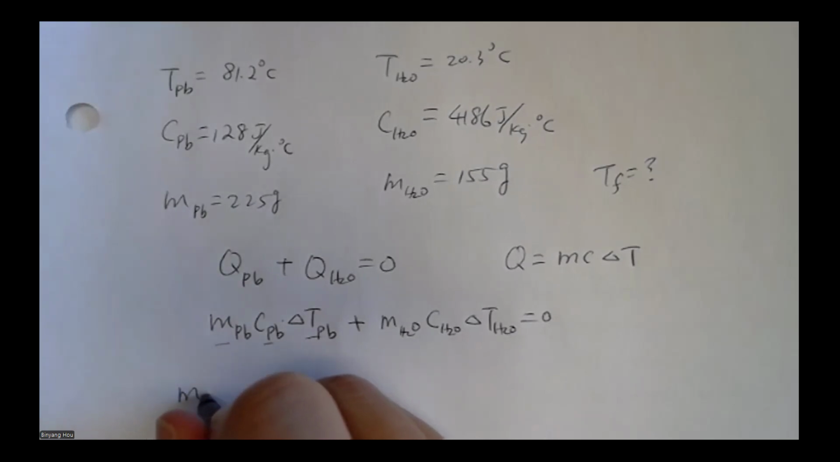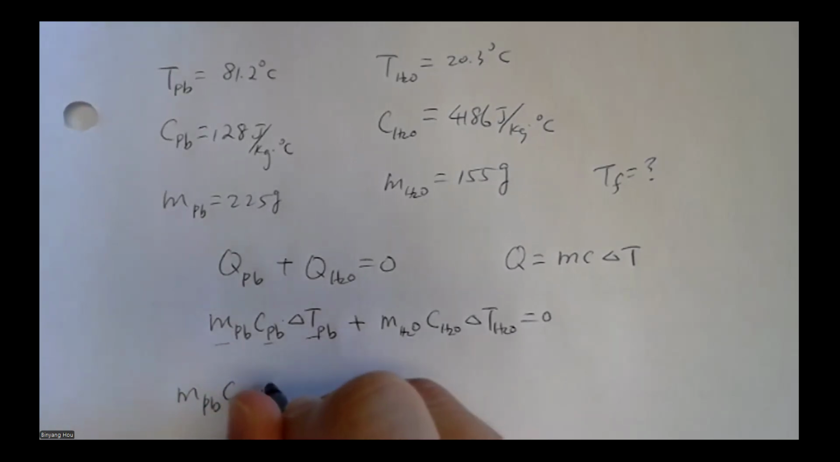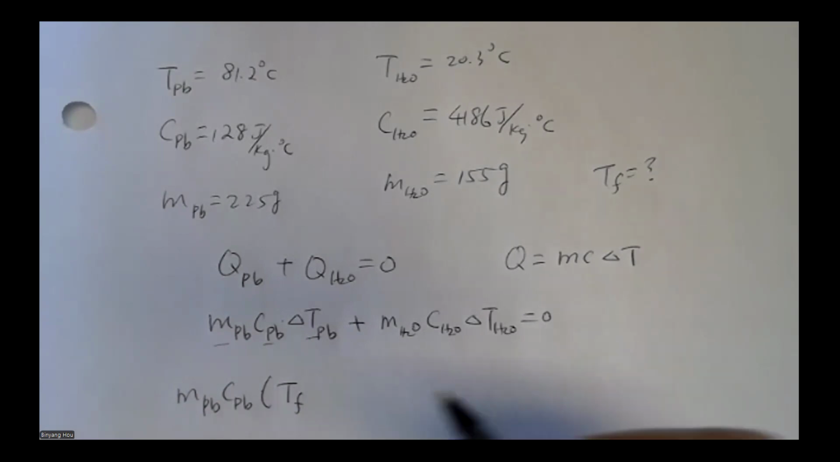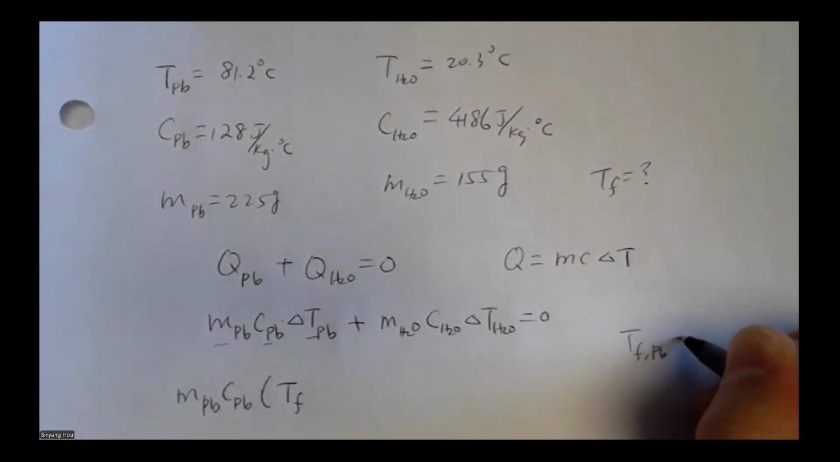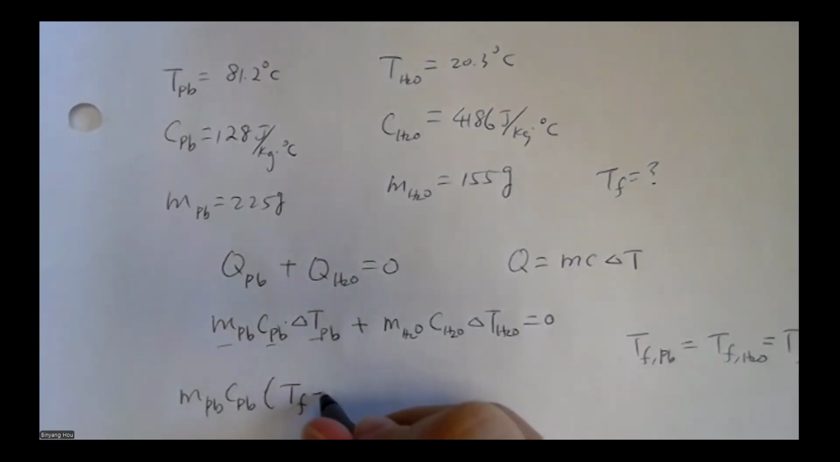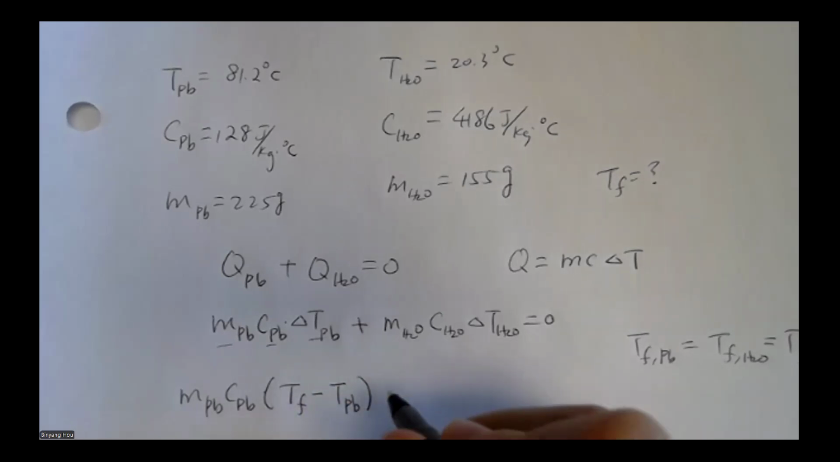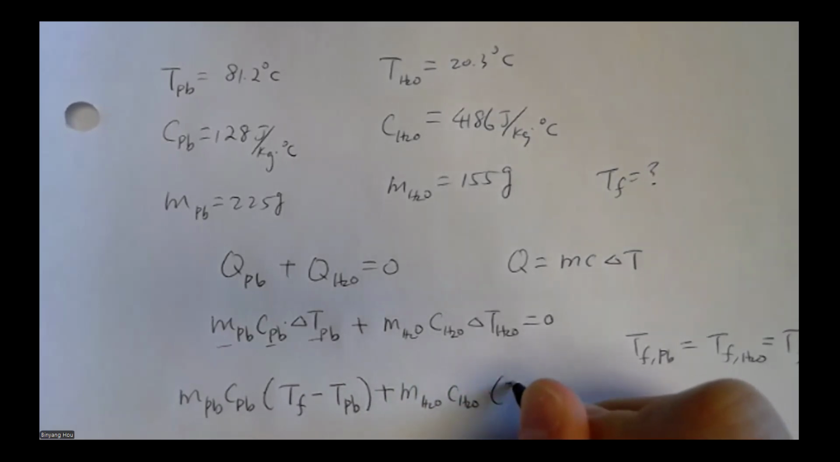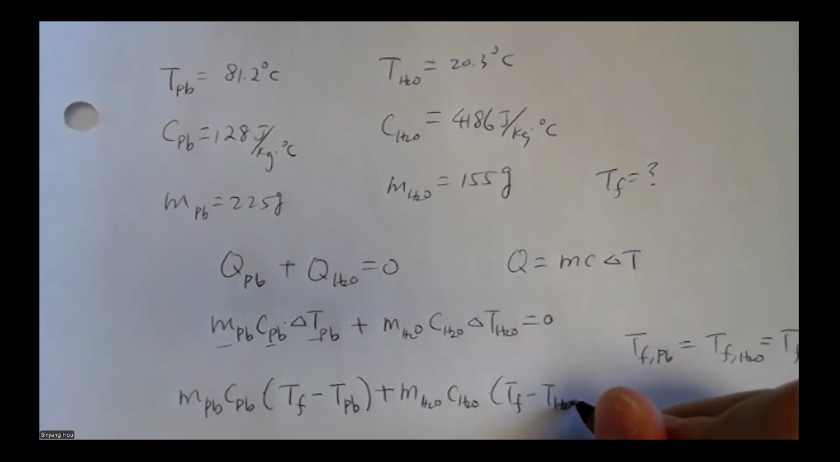So mass times C of lead, times the temperature change, which will be final temperature of the lead, right? And because the lead and water are in contact, the final temperature of lead and water are the same, so I will not distinguish between TF for the lead and TF for the water. TF for the lead is the same as TF for the water. We'll just say TF, okay? So minus the initial temperature of the lead, okay? And then plus mass of the water, C of the water, times T final minus T of the water